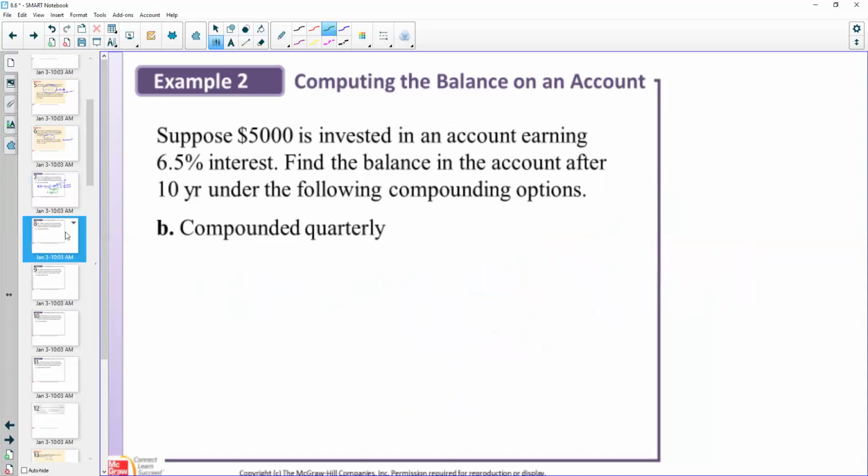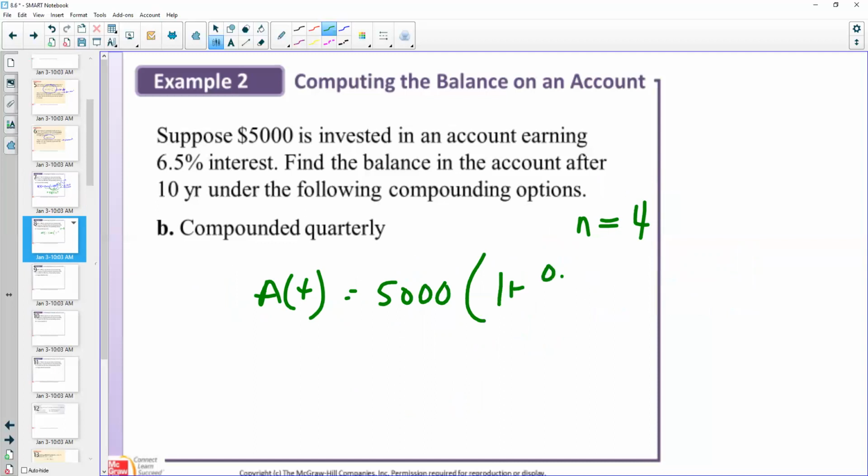Now we're just going to change the compounding period. So instead of yearly, it's going to be quarterly. So instead of n equals 1, quarterly means 4 times a year. Everything else is the same. So after 10 years, I have $5,000